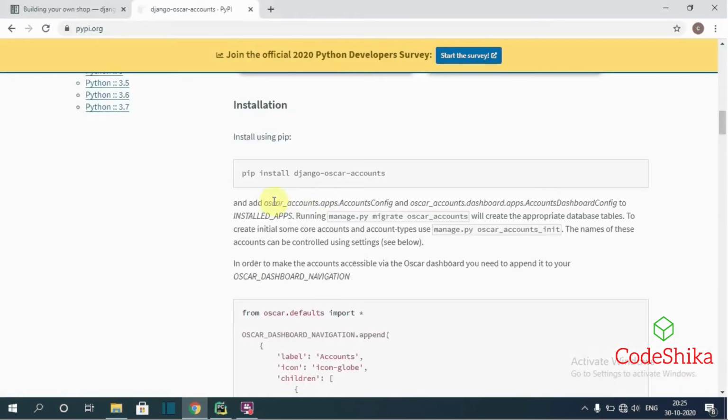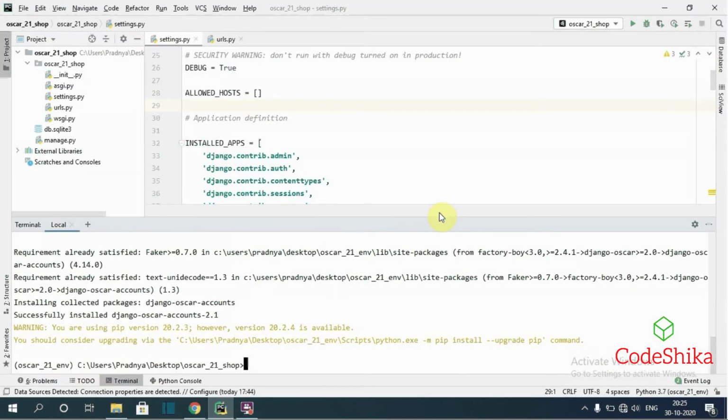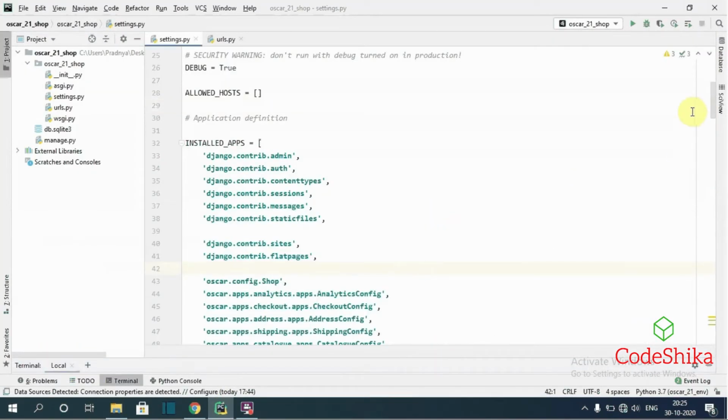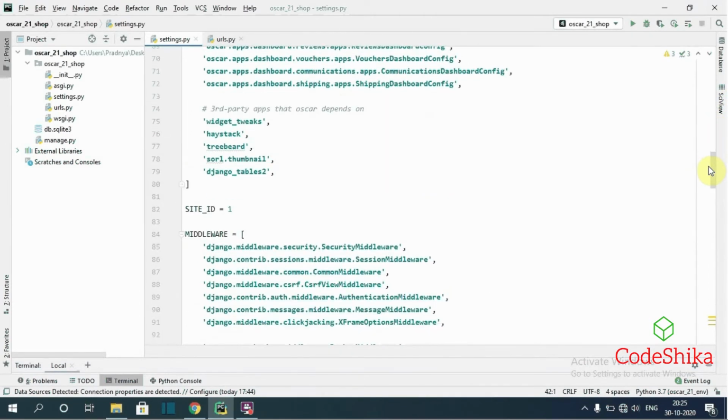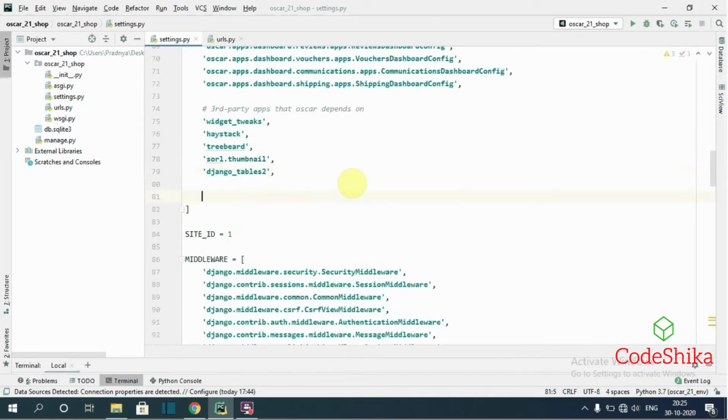Next, we need to add oscar_accounts.apps.AccountsConfig and oscar_accounts.dashboard.apps.AccountsDashboardConfig to our INSTALLED_APPS section. So let's copy this. Here I will paste that, and it should be in double quotes, or single quotes.